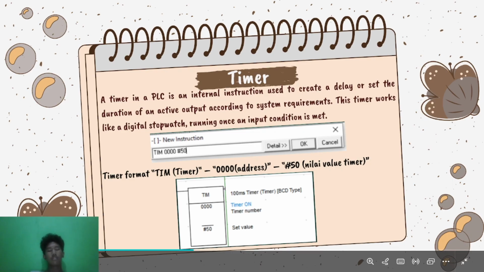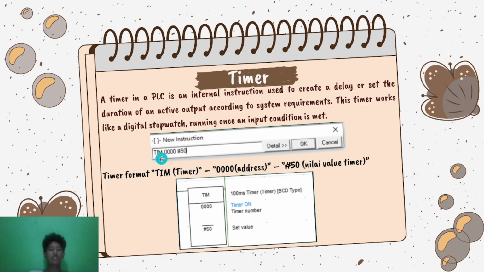Let me explain this. TIM is the timer instruction. 0 is the timer number. Every timer must have a unique number for identification. And #50 is the preset value in binary coded decimal.